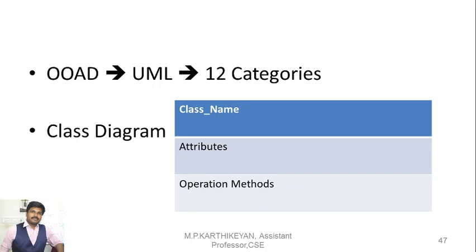So employee ID, employee type, and department ID will be the attributes available in an employee class. Okay. And finally, the operation methods. What are the operations possible for the person class? To get the address and to get the phone number. That can be given as a function. Whereas in the employee class, the department details can be given as an operation in the operation method table. These are examples of how we can combine two classes.